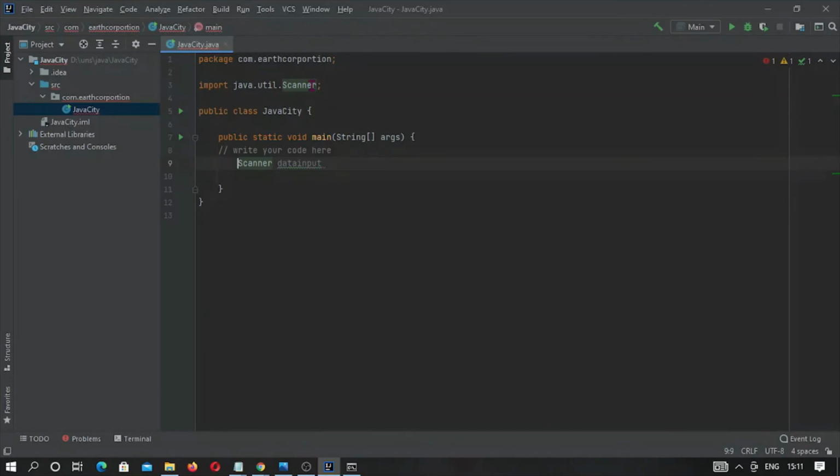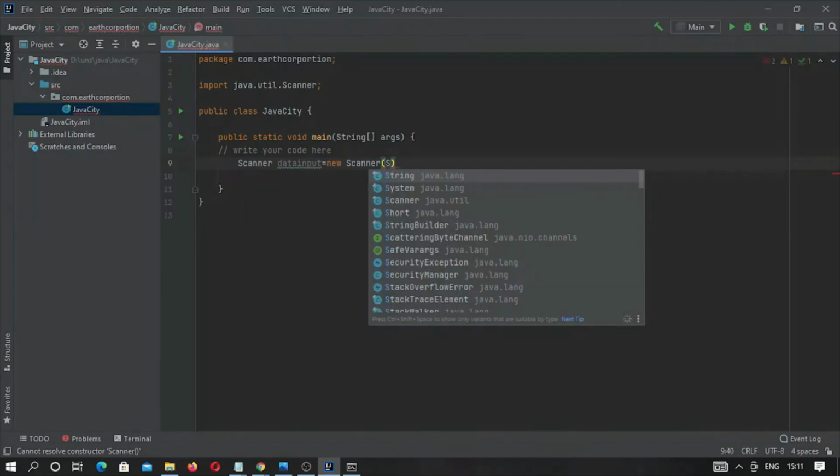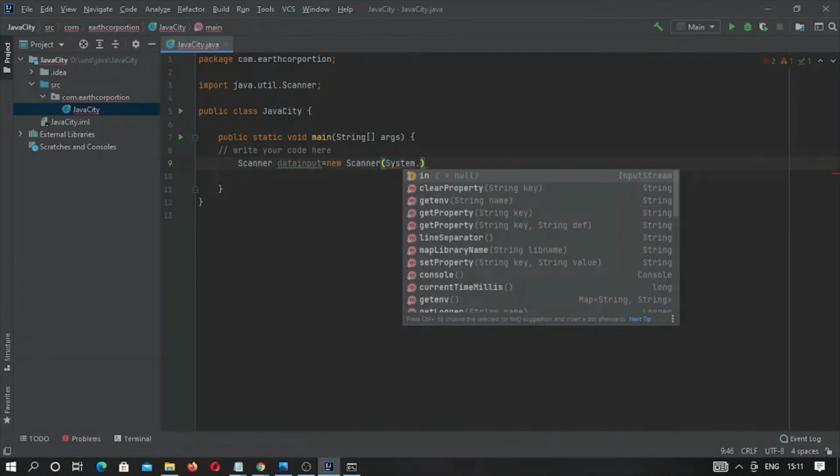You can see java.util.Scanner. So this class is required to execute this statement, and this is an object, and we have to set it equal to, we have to initiate with new. Okay, and now the class name, and now brackets, and again we have to give System dot what? In.